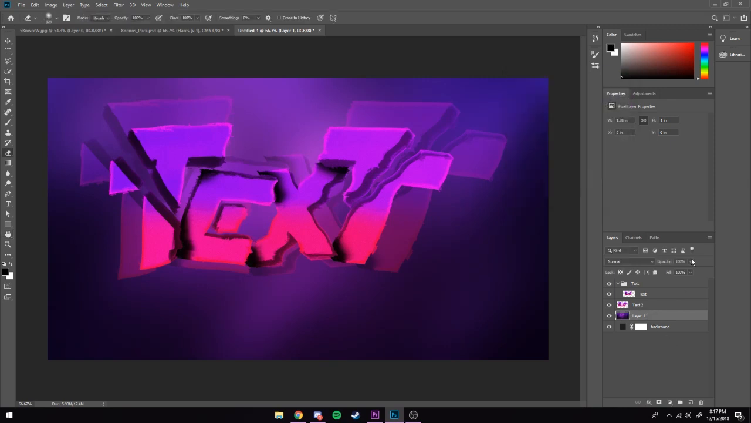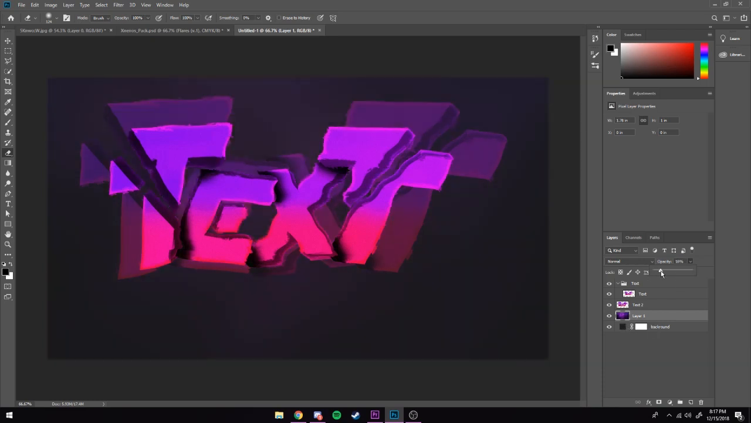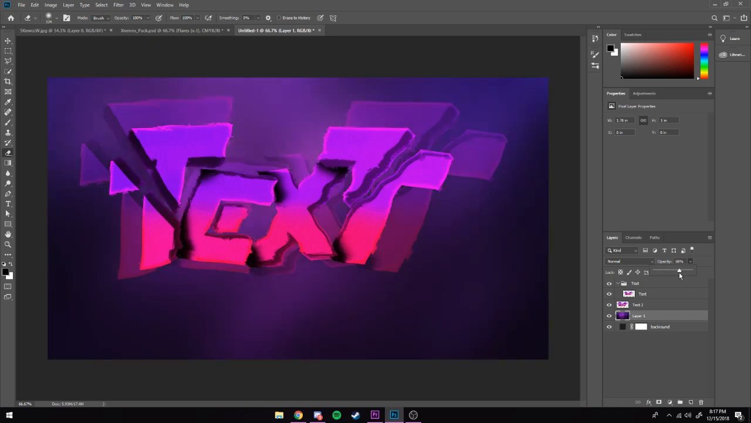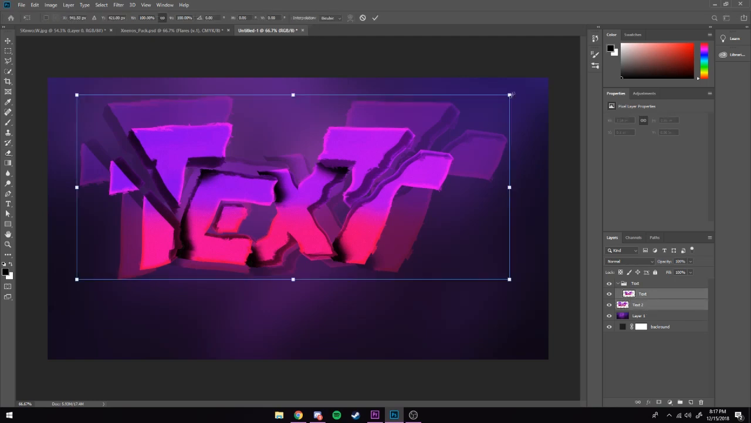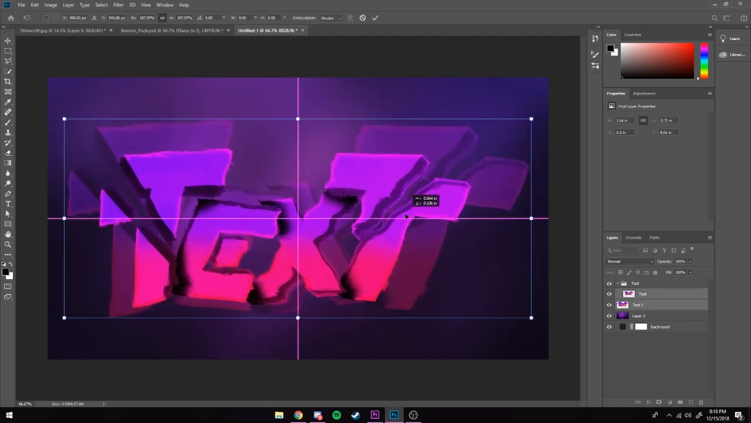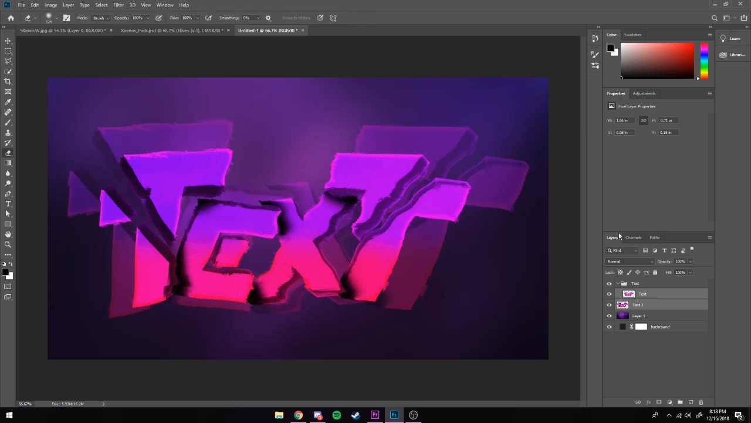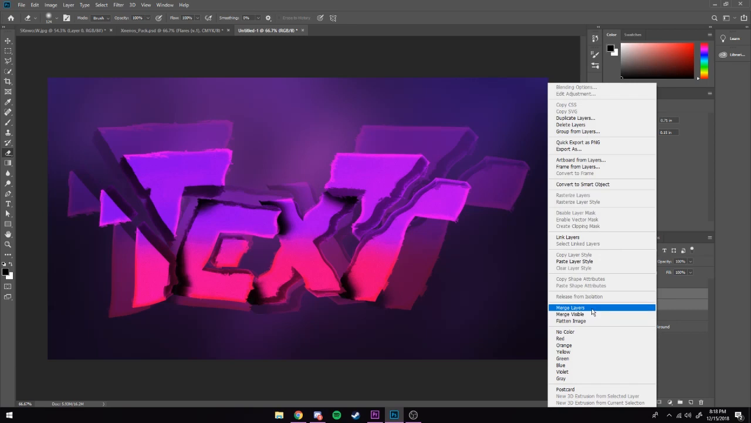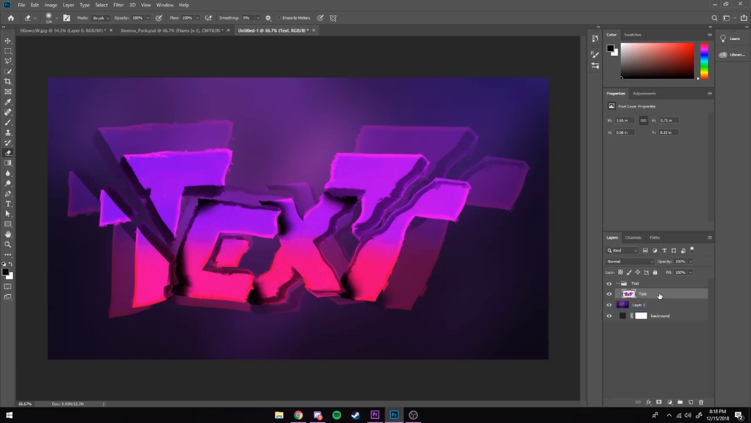So now we're gonna turn the opacity of that down a little bit. We have this gray background, so it stays kind of dark. That way you can see this second layer of the text. I'm gonna make this bigger. So there, once you have that, you're gonna merge those layers once you have all your text and stuff how you like it. And you're gonna go Edit,